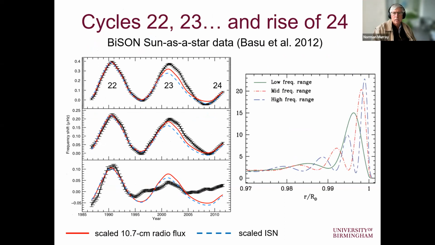Exactly. So that's something that we're doing now. With the Sun-as-a-star data, it's a little bit tricky to do that because you have so few modes here, even though it's a few tens of modes, the different angular degrees, which is really the thing that helps give you that spatial resolution. You don't have much range, but this sort of thing is being done with medium and high degree modes as well. Absolutely, yeah. That's the sort of thing that we're looking at the moment.